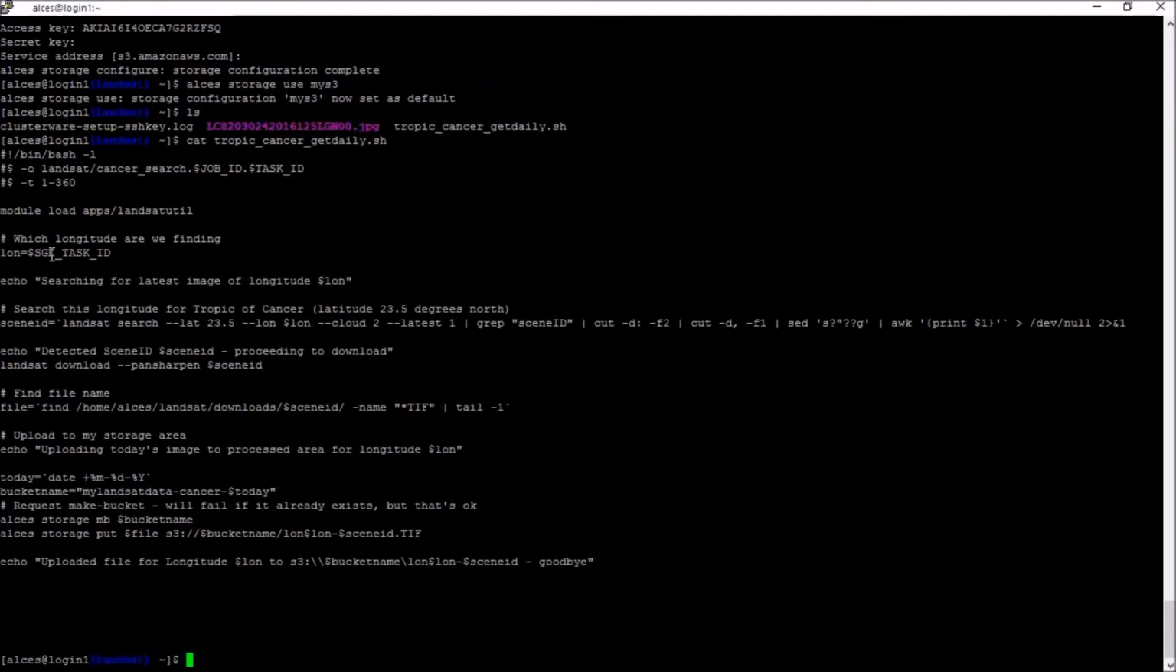and we use the grid scheduler task ID as the longitude that we're currently searching. We're looking here at the Tropic of Cancer, which is 23.5 degrees north, so we use the LandSat utility to search that latitude and the longitude from our job scheduler. So what this will do, we'll get 1 to 360 all the way around the world at that particular latitude. We're looking for a cloud coverage of less than 2, and the LandSat utility will return the most recent version of